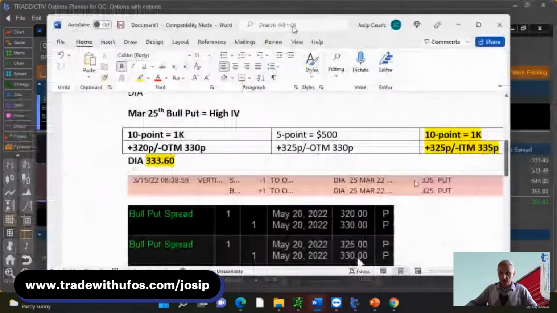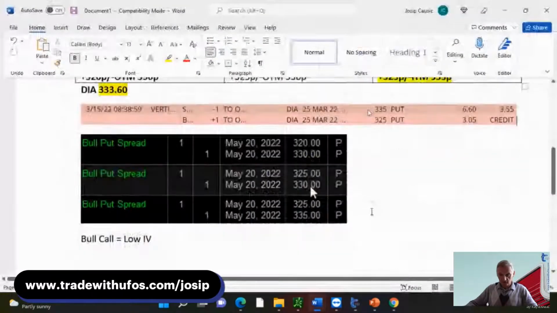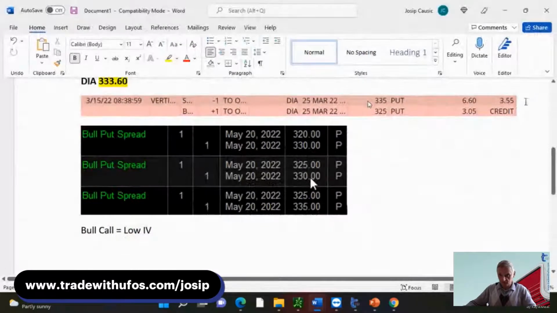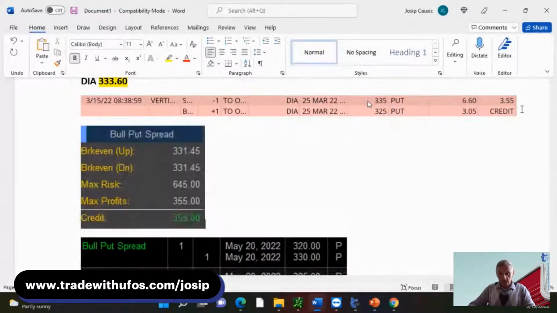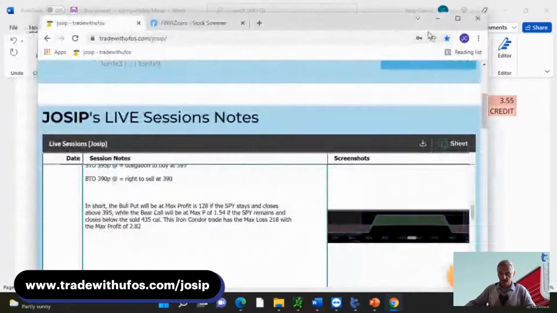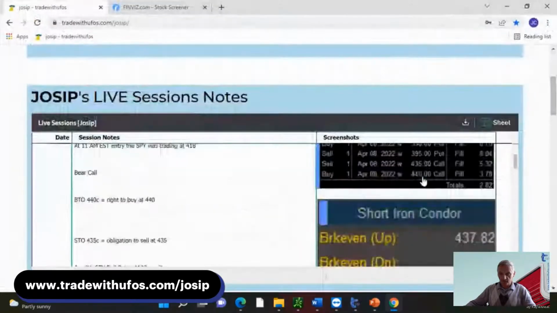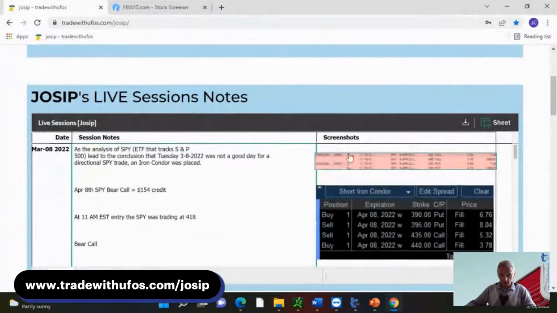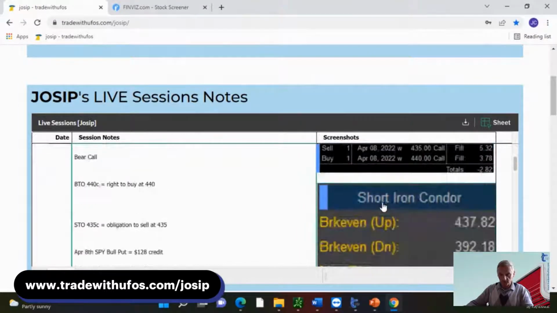I'm going to now have it as a template. As a reminder, after the live session is done, I'm planning to have for you the red line, which is actually selling, because if I was buying, then it would be green. The previous session, we worked on a short iron condor, which still works.